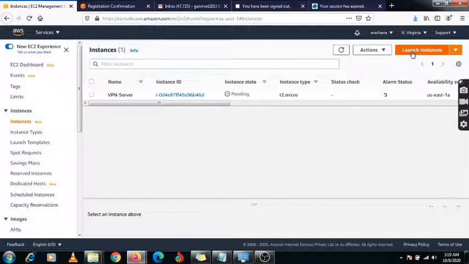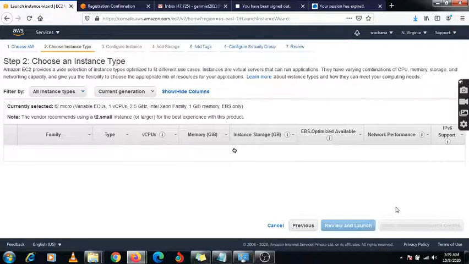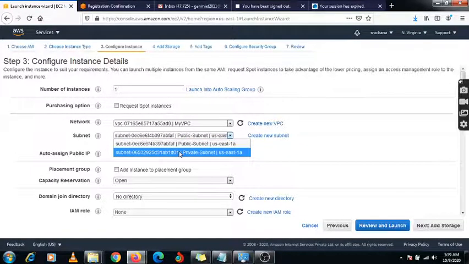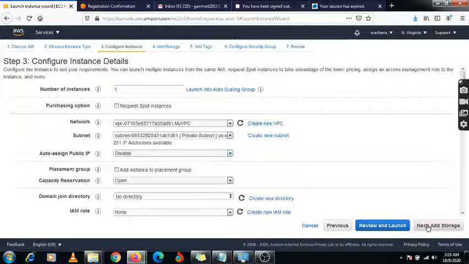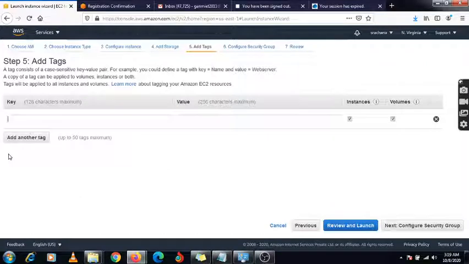In the meantime we will create another instance. Now we are creating our normal EC2 instance. So I'm just clicking on my Linux machine. Next, here you need to select the VPC and select the private subnet, and here you need to disable the public IP, so you will not get a public IP address for this private EC2 instance. For the name, I am going to specify Linux machine.